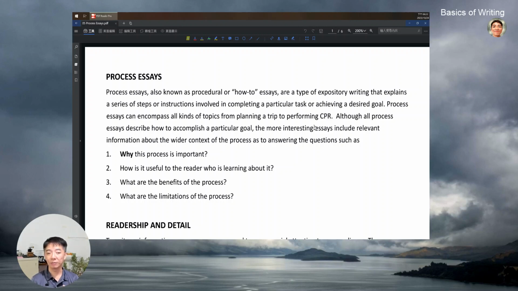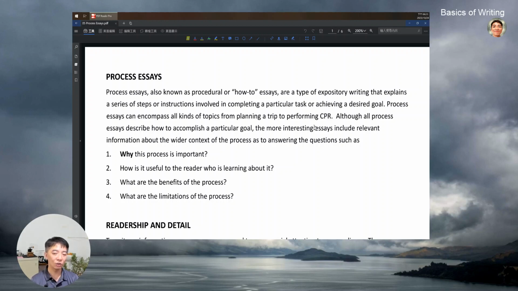The most common type of writing that you can see is just like a recipe. If you want to teach people how to cook a special dish, then that could also be a process essay or an article. So let's continue. Although all process essays describe how to accomplish a particular goal, the more interesting essays include relevant information about the wider context of the process, answering questions such as: